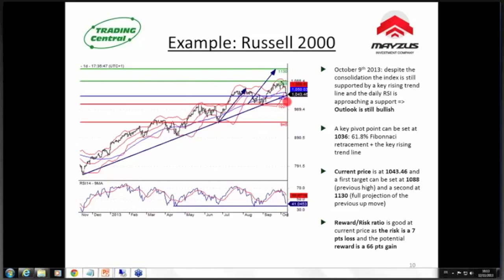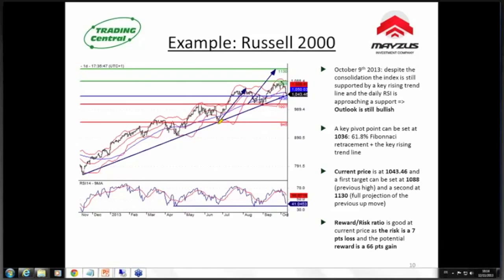So in this example, the current price is at 1043, and a first target can be set at 1088. Actually, 1088 is the previous high on the index. So if it's a previous high, it should be a resistance. And a second target at 1130. The 1130, in this example, is a full projection